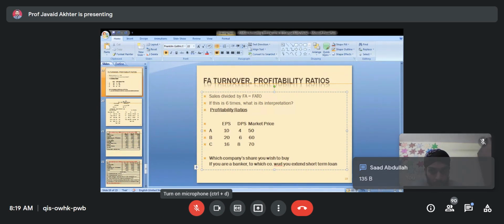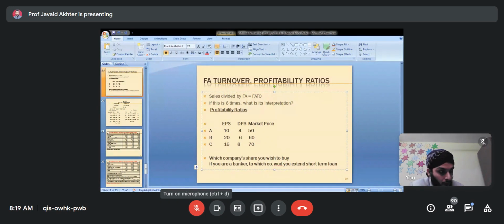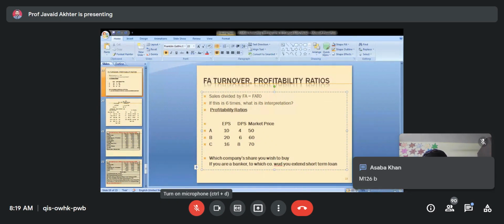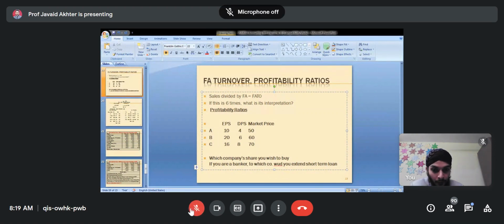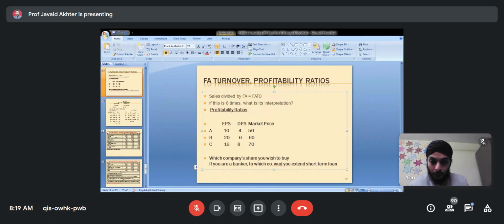Sir, it depends on who is saying. 30% is correct, and one who is saying 70% is correct, one who is saying 90% is also correct. Companies or individuals? It depends if we are investing for a long time or short time. If I say those who wrote 30 were looking for the long run, and those who wrote 70 were looking for the short run, both are correct. Can this be said like this? Yes, sir. That means whatever DPS you wish to have, your answer is correct.